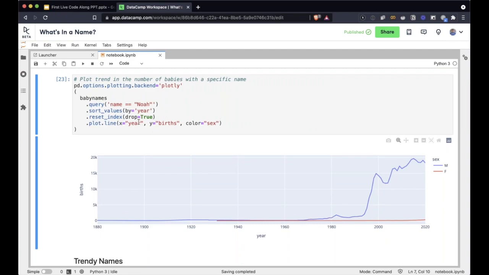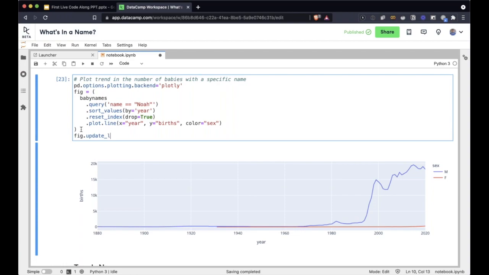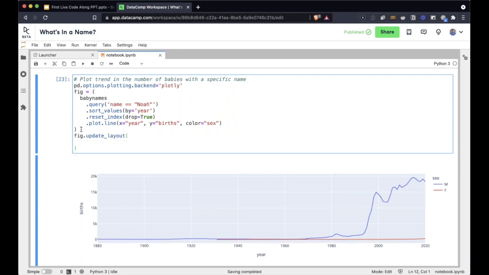I still need to do a couple of things to set things up. So I'm going to save it to fig, and let's do fig update layout. This is just to make sure that we have all the titles. Never publish a plot without a title, because you need context. So this is basically popularity trends in the name Noah, right?